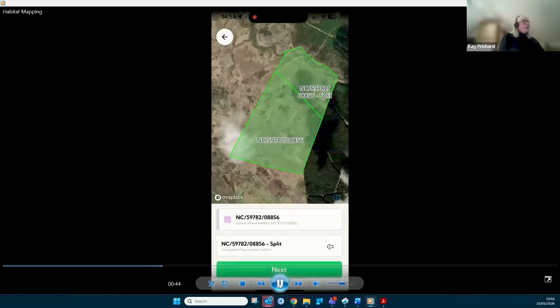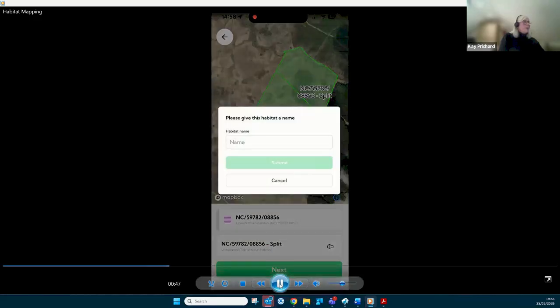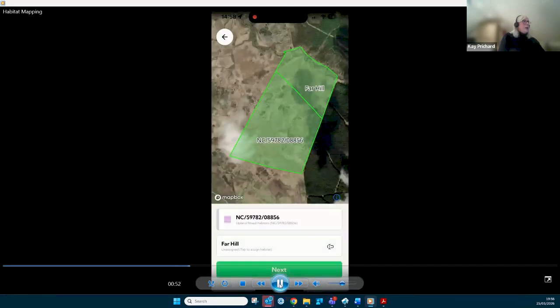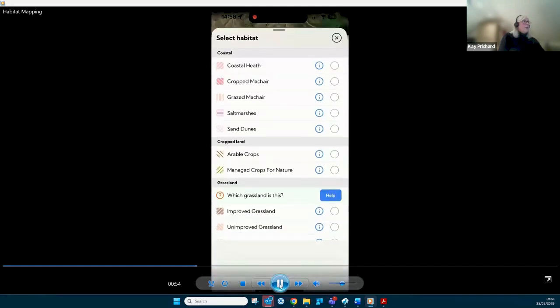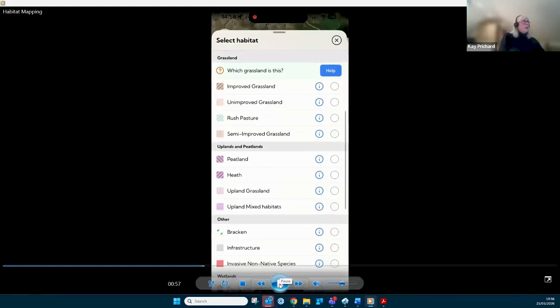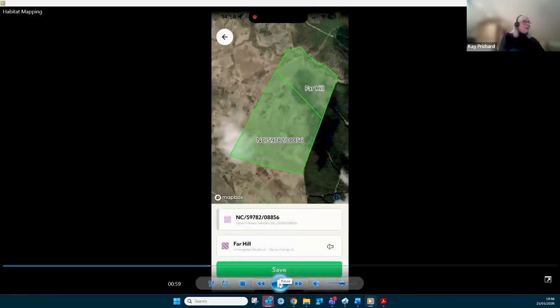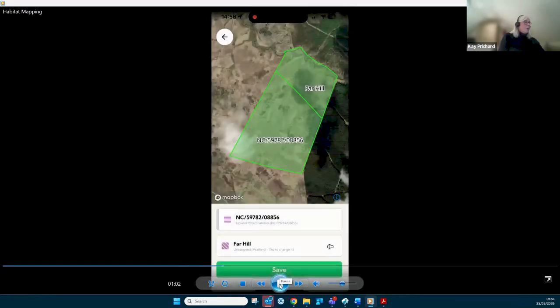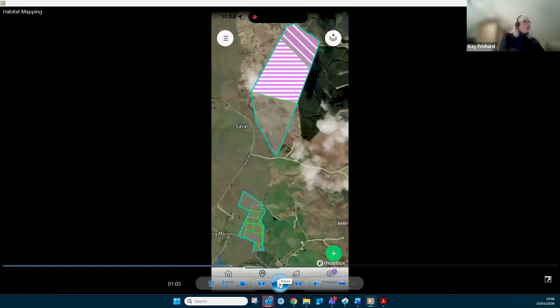So that's what you do, and it ends up with the habitat split. You can give it a different name, and it shows the split, and you allocate the new habitat to that bit, which is peatland, and confirm that that's what you want to do. And then